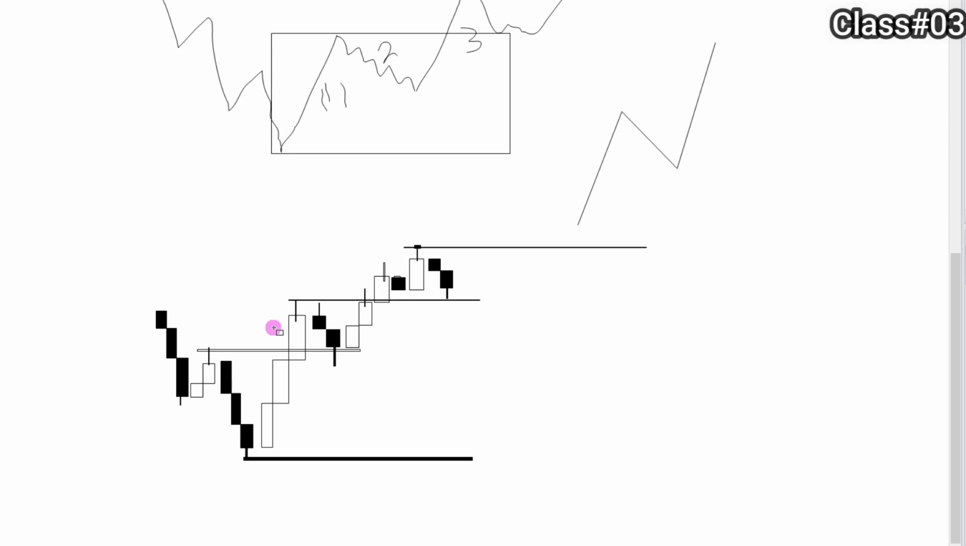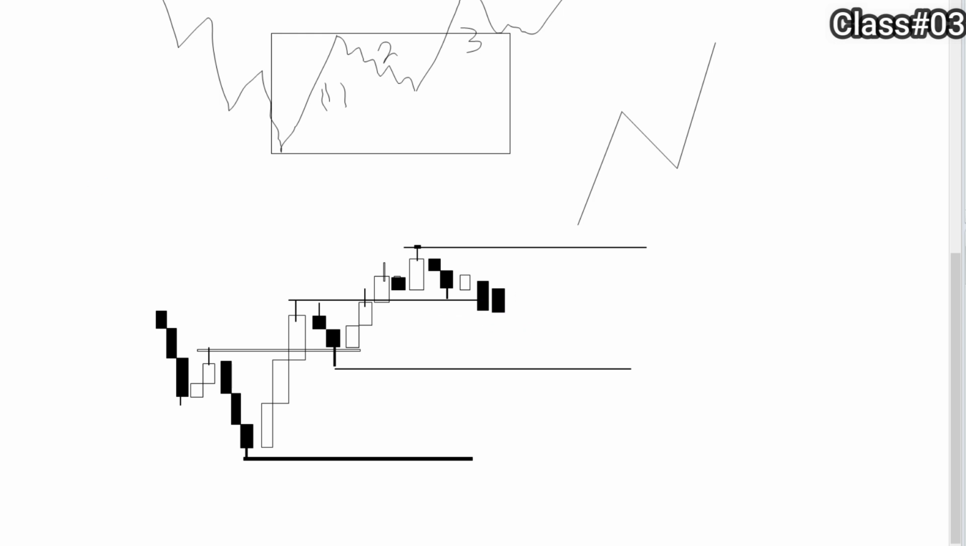Okay, and this is our last support area. This one is our last support area. Higher low point is our last support in uptrend. Okay, so if market makes a buy candle, then again a sell candle,